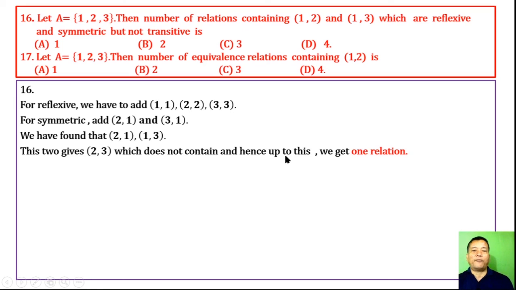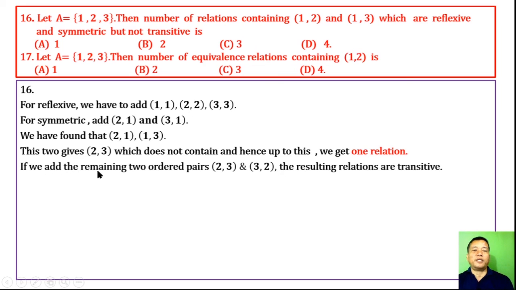Hence up to this we get one relation makoi sing si yauraga akoina element 1, 1 ne 2, 2 ne 3, 3 ne 2, 1 ne 3, 1 ne sigi manga simoga hanagi ani simoga yaw relation ama pange masi phawada. If we add the remaining two other pairs 2, 3 habamaga 3, 2 habamaga hapchalasi the resulting relations are transitive. 2, 3 do hapchal robadi mataki relation adu the 2, 3 hapchalu robadi transitive or transitive oidaba haibani